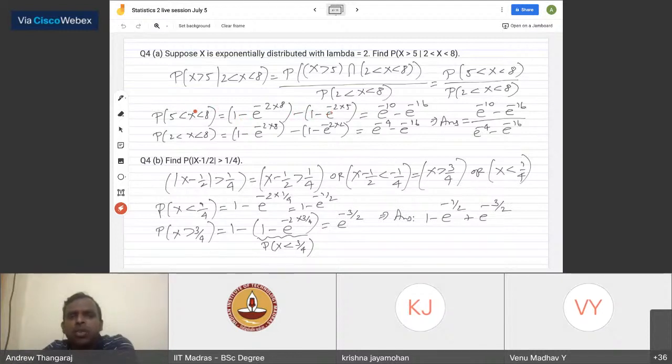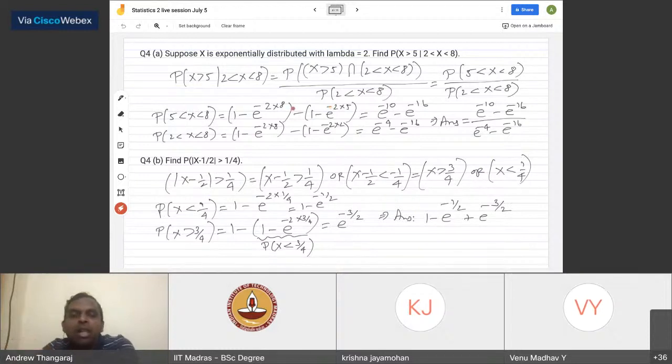So that's always true for any continuous distribution. Just keep this in mind. The probability of x between a and b is the CDF evaluated at b minus the CDF evaluated at a. As long as you use 1 minus e power minus lambda x as the CDF, you will get to the correct answer. So this formula I just gave you in the previous slide, I guess people didn't write it down. So that's okay. If you missed it because of the formula, it's okay.